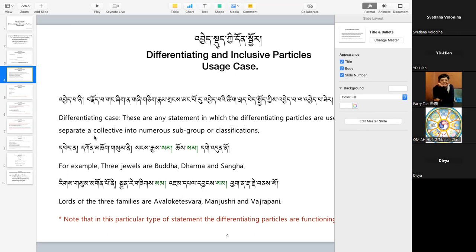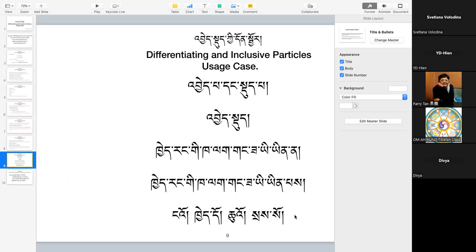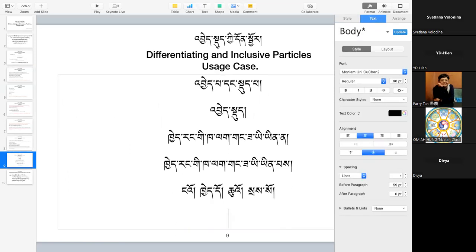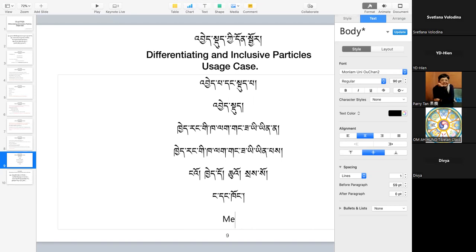Just one last thing: if you can show the same sentence using thang, how will you form the structure of this sentence? I'm just curious to see. So yes, it's the same if you're doing it with two things. For example, here is an example: Nga tang kong, me and him. So the statement would be me and him, or me and her, me and him or her. So it would be me and him or her.